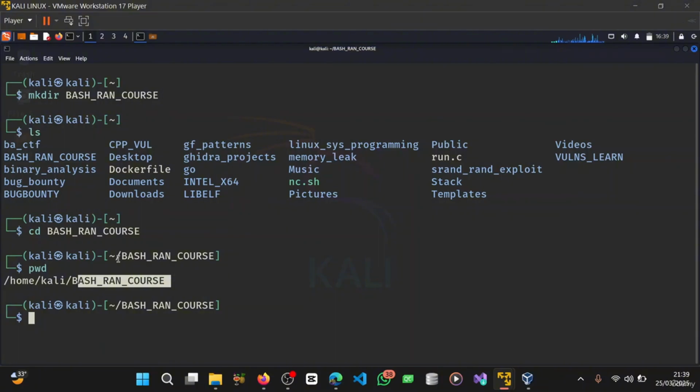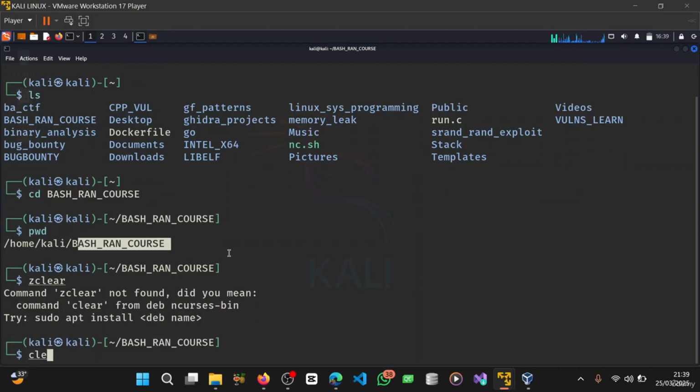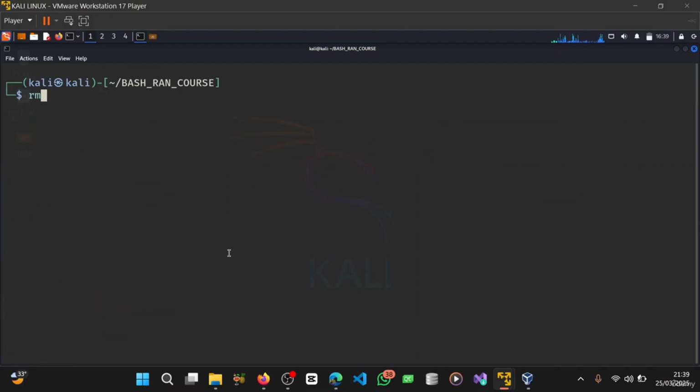Now, if you notice, the directory we created is what, empty. Okay, so now to delete a directory, you can make use of the rmdir command. Sorry for that, rmdir command, rmdir